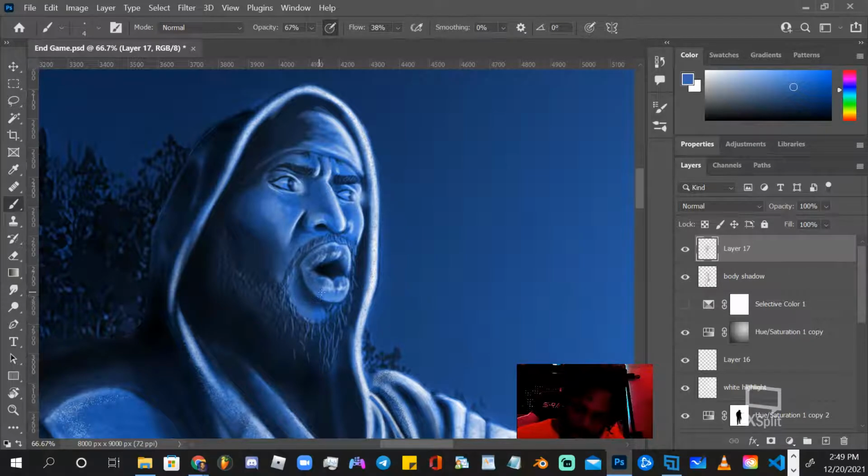So what I'm doing here is I have to take away this harsh black line here, because that line causes these lips to look like they're just pasted in place here, and that's not the look that we're going for.